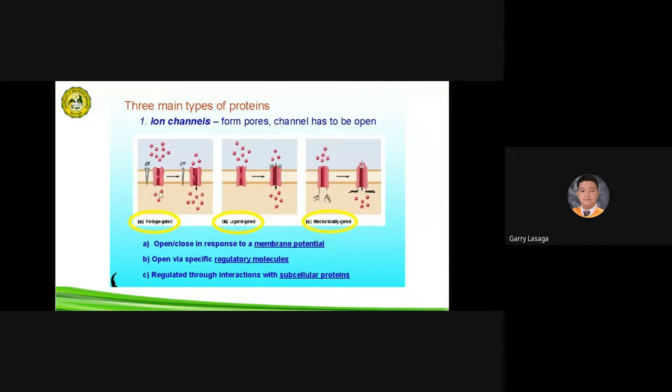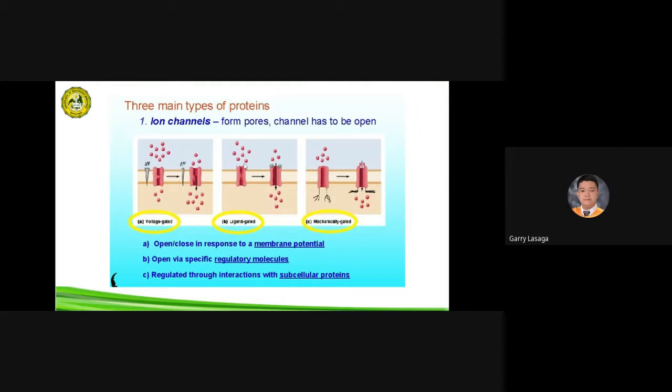When this ion channel opens, this will facilitate the entry of the molecules or the ions from an area of higher to lower concentration. It can be from the outside to the inside, or the opposite, from the inside to the outside, depending on the concentration gradient of the molecule. The next type is the